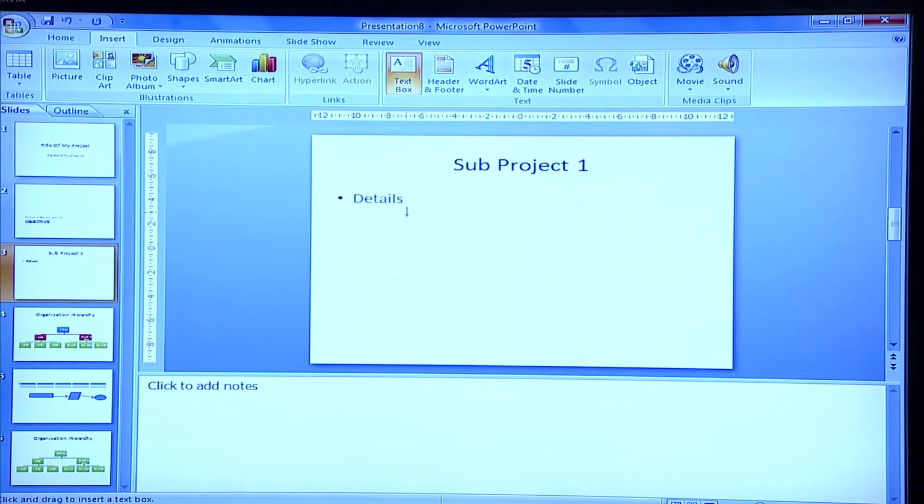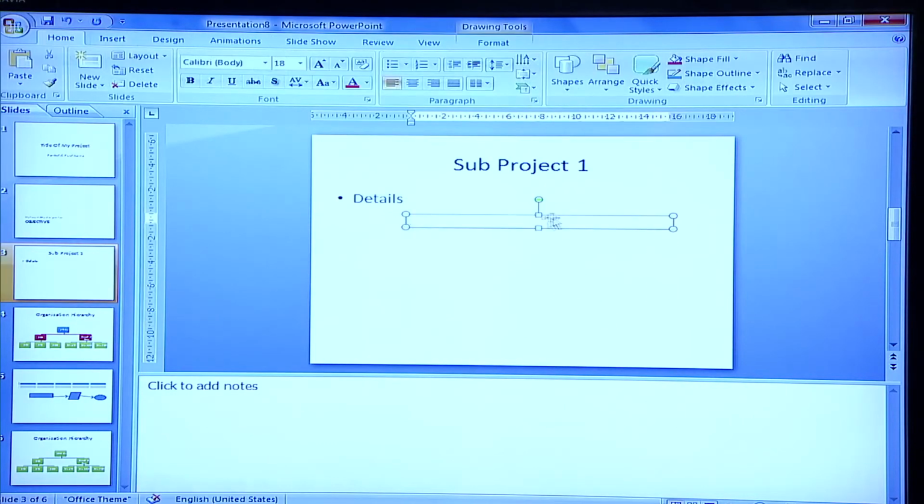You can add some text over here. These are the texts that you can enter, and you can follow the same formatting of this text as you can do in Microsoft Word.